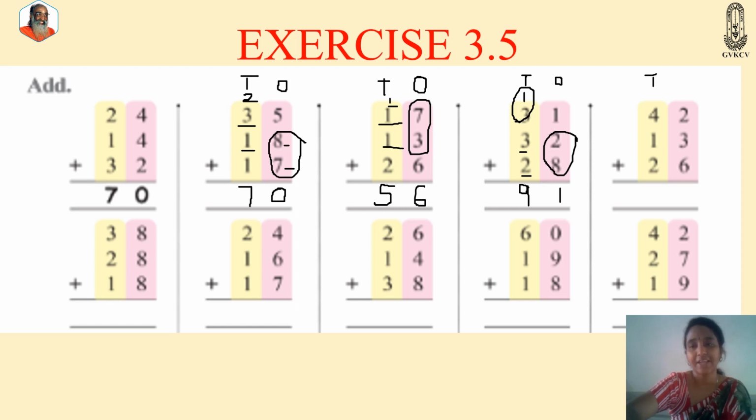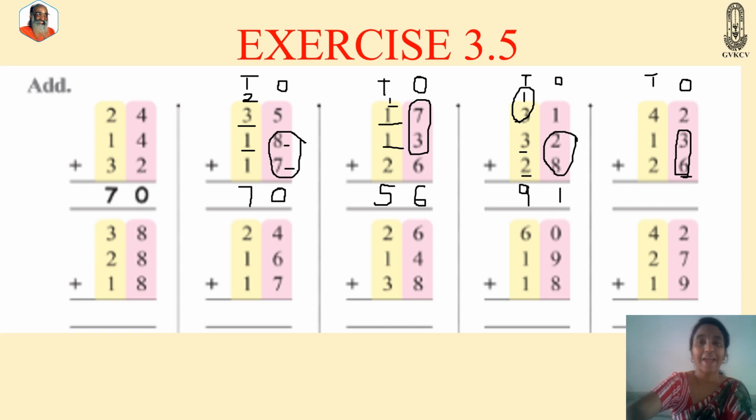Again tens and ones. What are the digits under ones? 2, 3 and 6. Which is the larger number? 6. Okay, so I am keeping 6 in mind. What is the friend of 6? 4, right? Here 4 is not there. So we have to go to our own method. Now after 6 I am taking 3. 6 in mind, after 6: 7, 8 and 9. So 3 and 6 gives you 9.